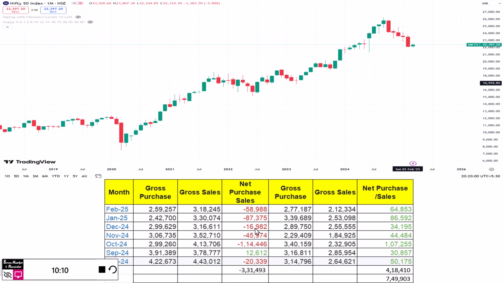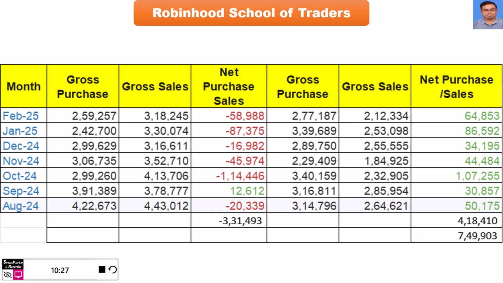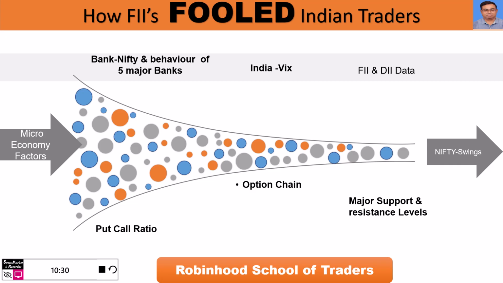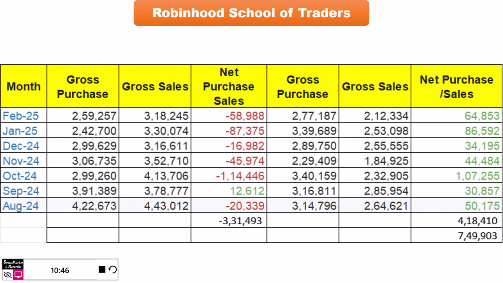And here, as we had seen, Make in India has helped. We also have to make some rules for FIIs because they can't flee the market, dumping on all the traders like this. That is the point I wanted to show. FIIs have really fooled us, and they have made money in other markets. This is the phrase I'm using: how FIIs fooled Indian traders. I think it's very simple. This debate started in our class and lasted a long time, but we didn't have a very strong answer. So maybe this data will help us find out how FIIs have fooled us.